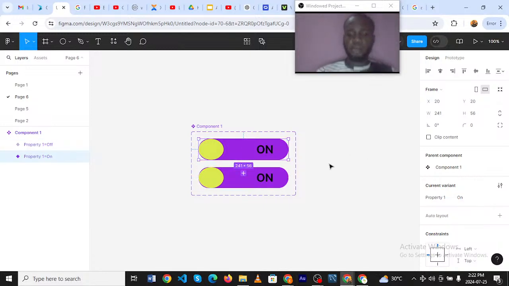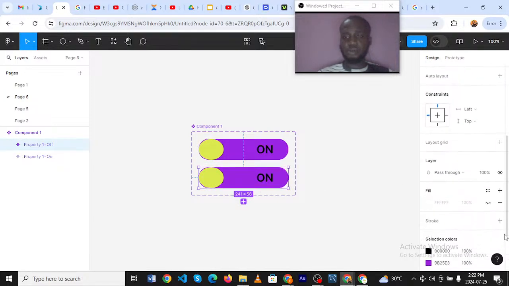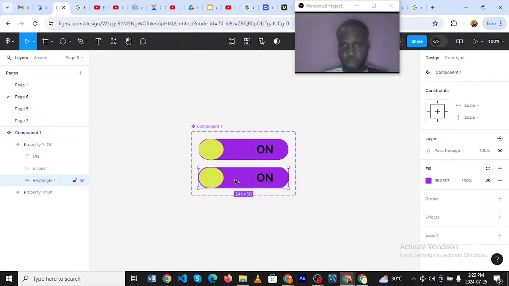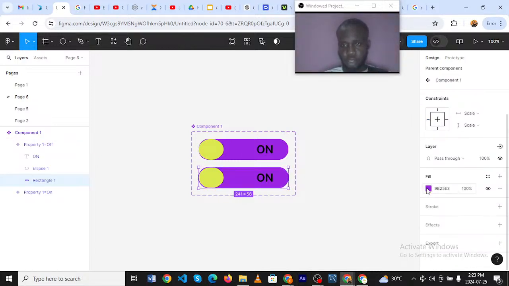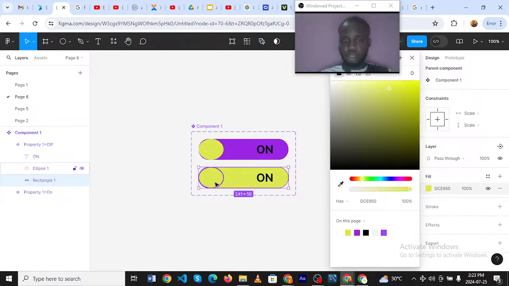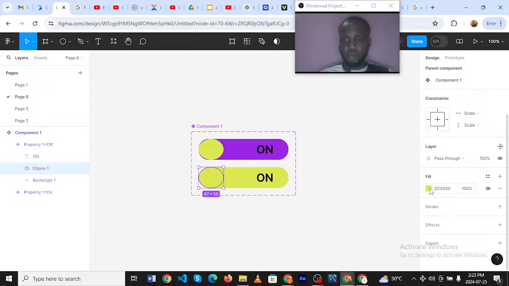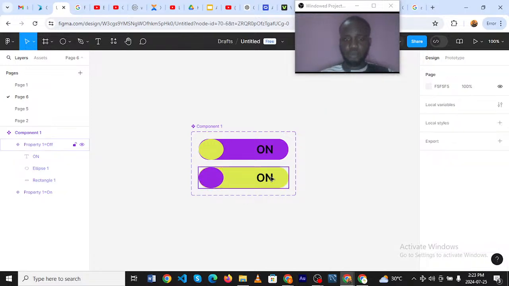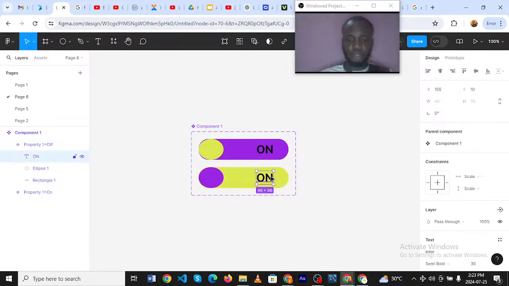All right. So let's change the color of off. You come down here. We're going to give it an orange, then we're going to give the circle a purple.